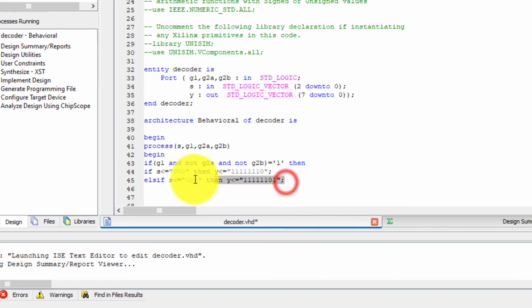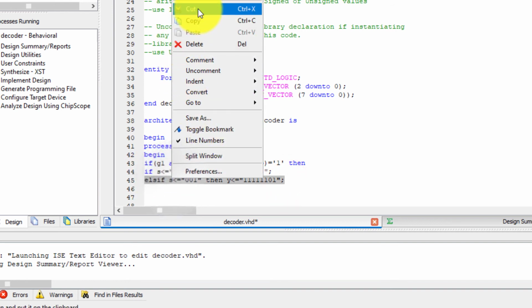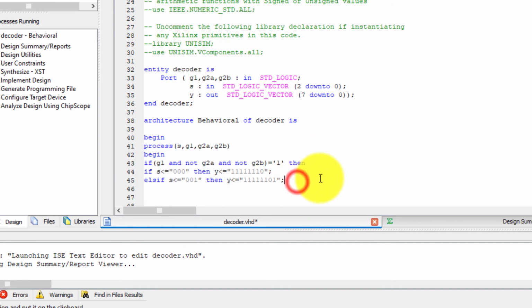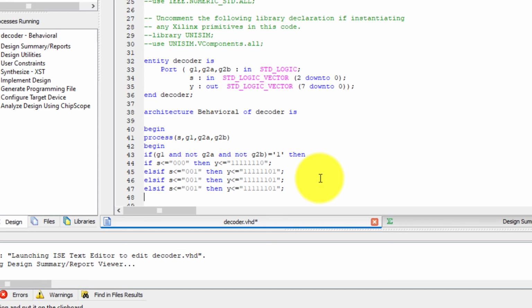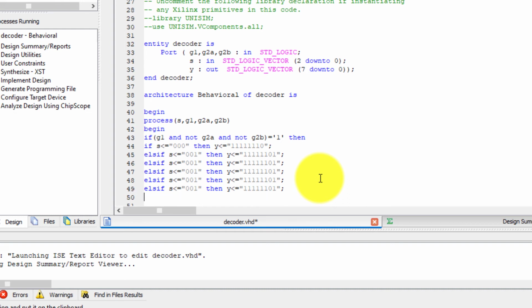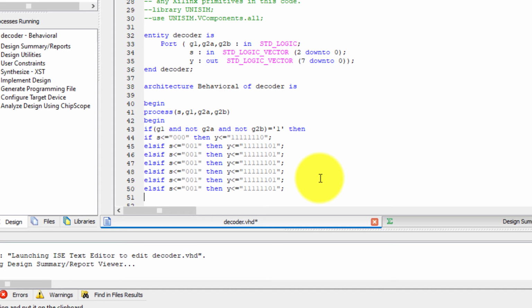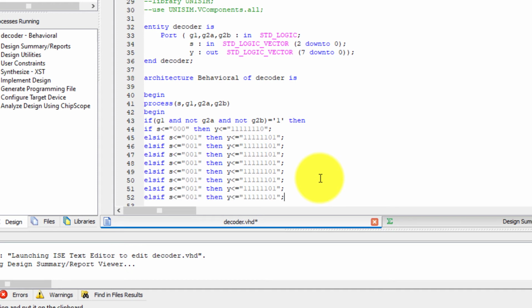Okay, 001 I am writing. Next 010. Okay, 010 means 2, the second. So we have to put the second place